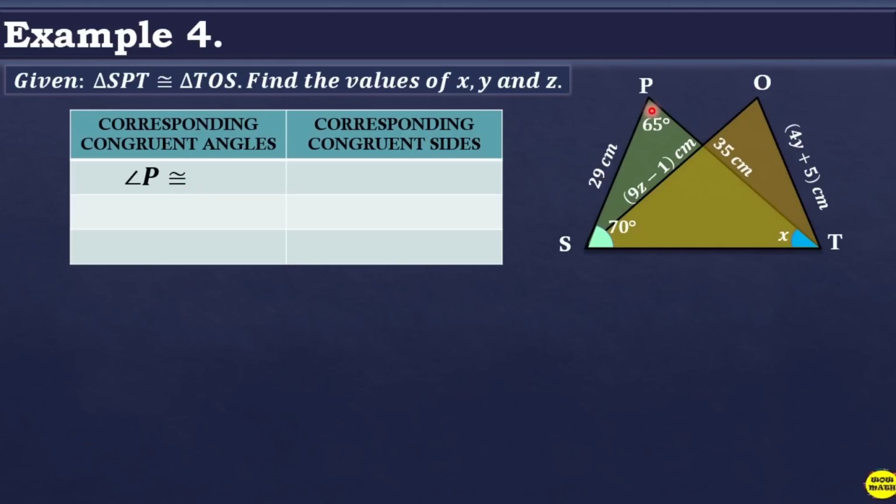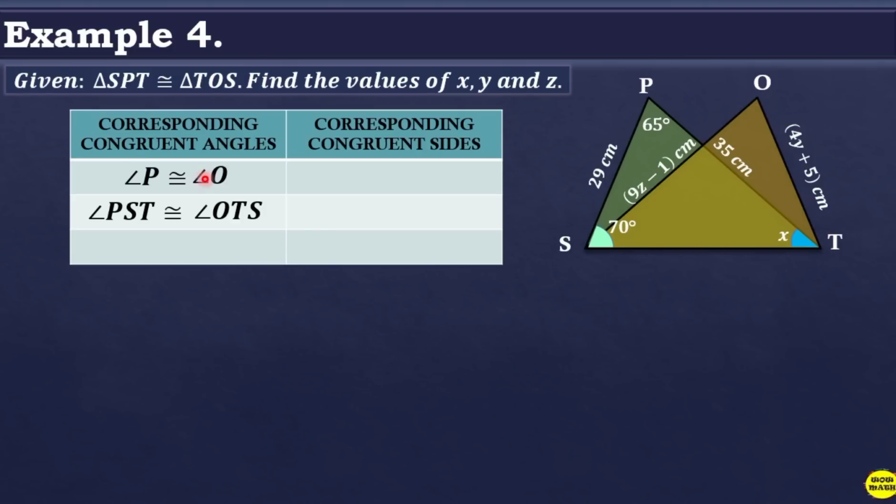Angle P is congruent to angle O. Or you may check it here. P, O. Gitna, gitna rin. And then, angle PST. So, again, why did I use 3 vertices? Kasi po, yung S natin ay dalawa po yung angle. Okay? So, PST. Ibig sabihin, ito yung tinutukoy, yung buo. So, do not just say angle S. Kasi dalawa po yan, yung angle. So, angle PST is congruent to angle